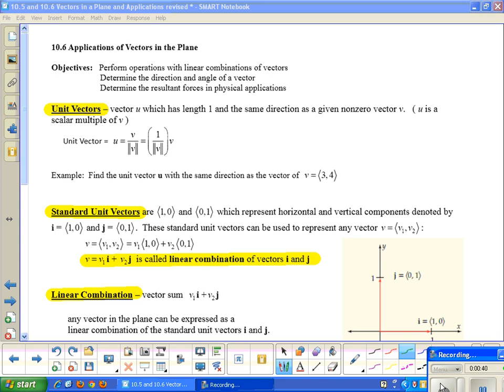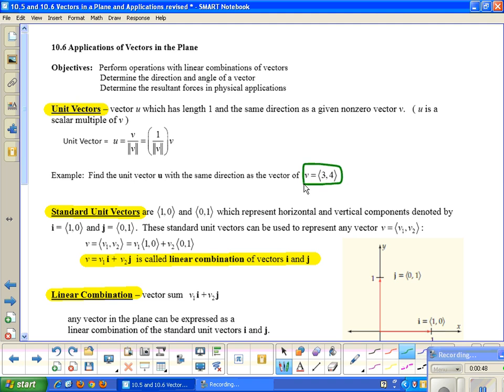For example, we want to find the unit vector u with the same direction as a vector v. If you recall, this is the component form of the vector. If I want to find the unit vector, I need to find the magnitude of this vector v first. So that's the first thing I would do. So the magnitude, remember, is just your